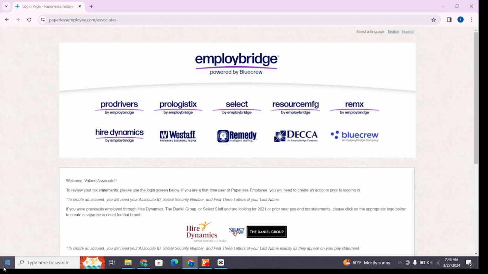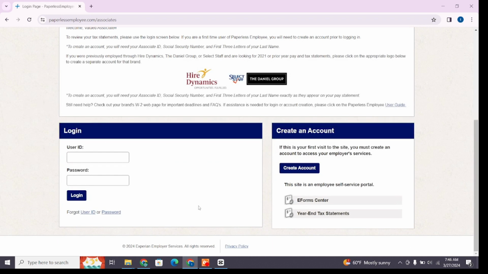Here scroll down and below you will see the login interface, where at the right side you will find the create account option. If you haven't created an account on this platform, you can click on this create account and create it. Now at the left side you will find the login interface, where in the first box you will